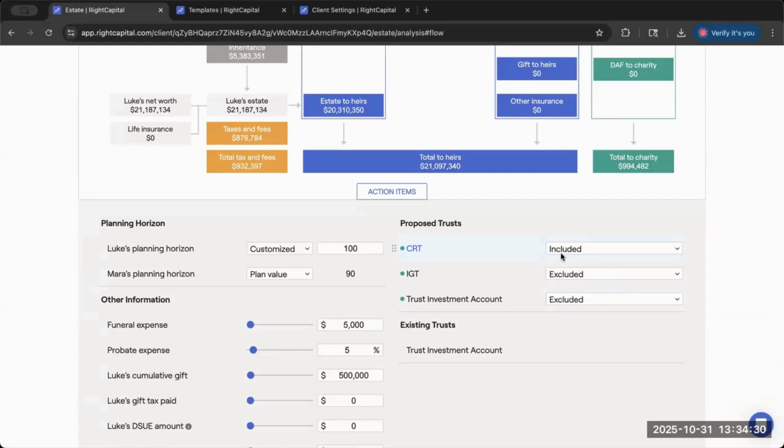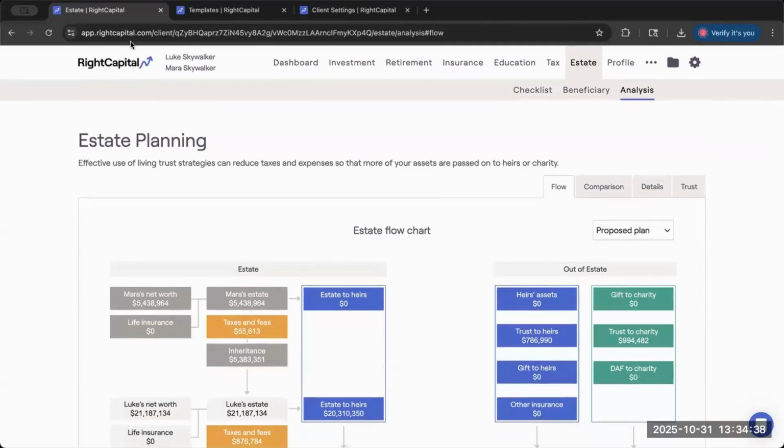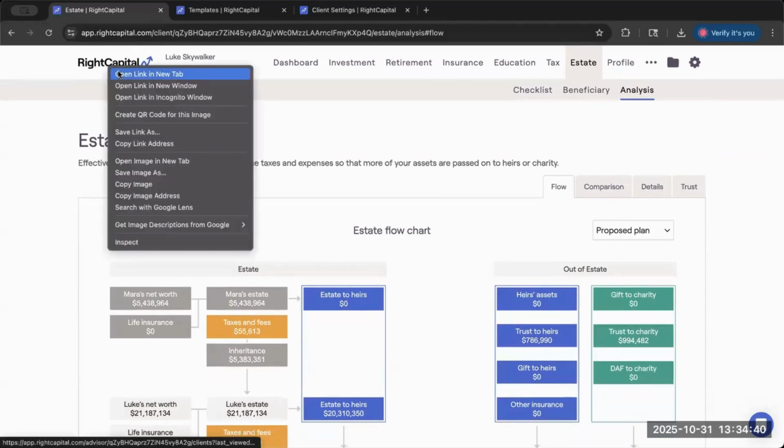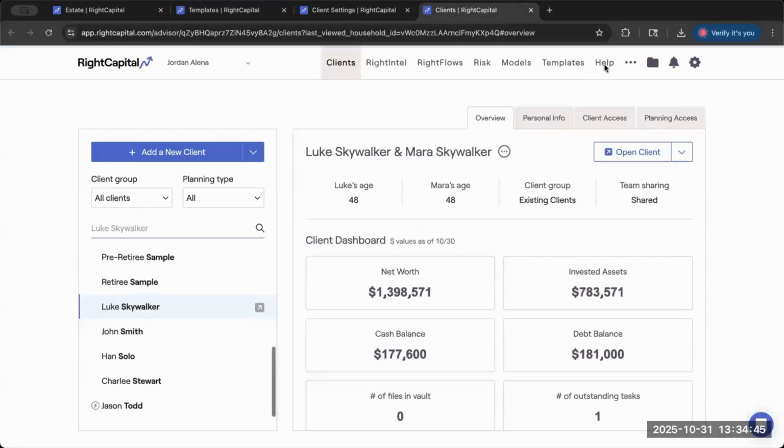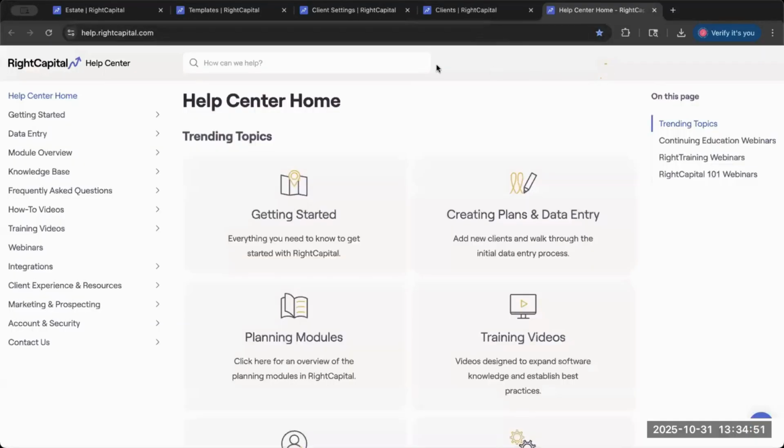So again, check out that help center. We have tons of articles on all sorts of trusts. If I actually show this really quickly, if I go back to the advisor portal here, let it load, there we go. If I press the help center here, I gotta fight with Zoom here a little bit. There we go. If I go to the help center, if I look up trusts, there is a ton of